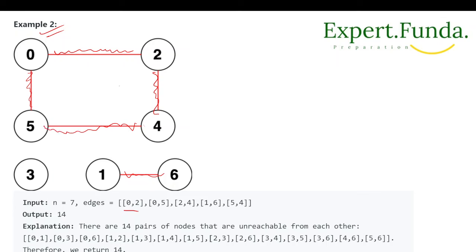If you see this one, what things are missing? Let me change the color. If you see, this node is not connected, and this node should be connected, or any other is also connected. So the possibility is that either 5 and 3 should be connected, so it should be connected with 3 and 1,